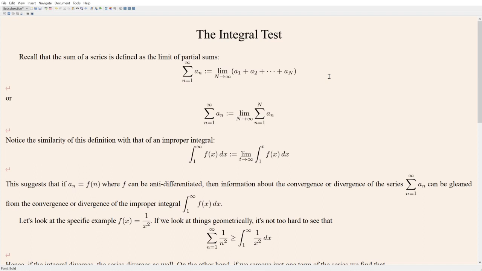So we looked at a couple cases in the last section where we were able to do it. With geometric series, we were able to do it. And with telescoping series, we were able to do it. But there really aren't any other examples that come to mind where it'll be very easy to find a formula